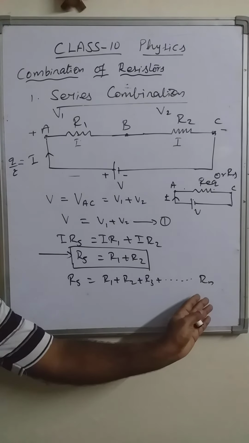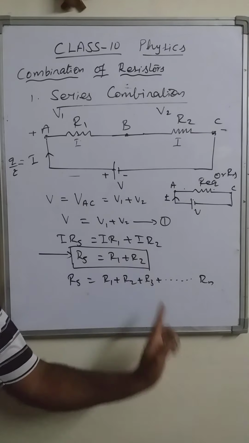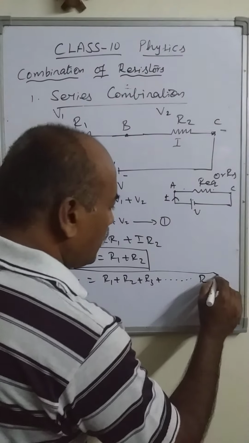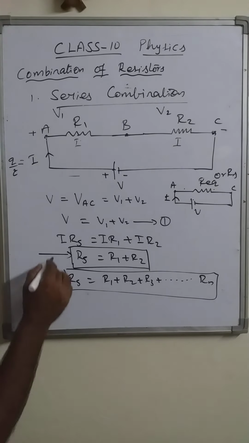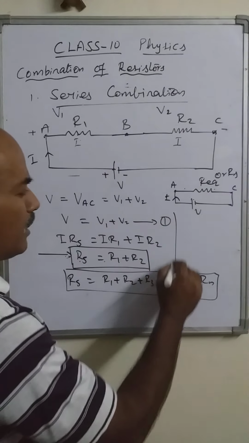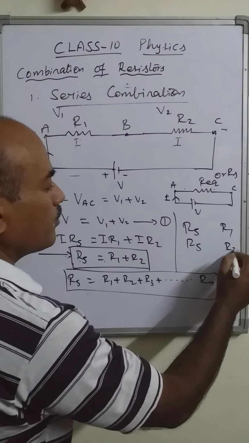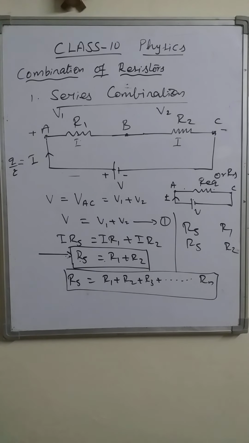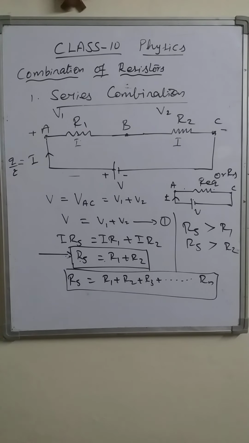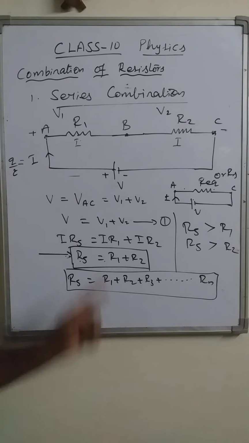Any number of resistors can be connected, and the equivalent resistance is equal to the algebraic sum of all the resistances, right? If we compare Rs equal to R1 plus R2, Rs can be individually compared with R1 and R2. Then the relation comes: Rs is obviously greater than the individual resistances. So in series combination, the resistance increases. The equivalent resistance is